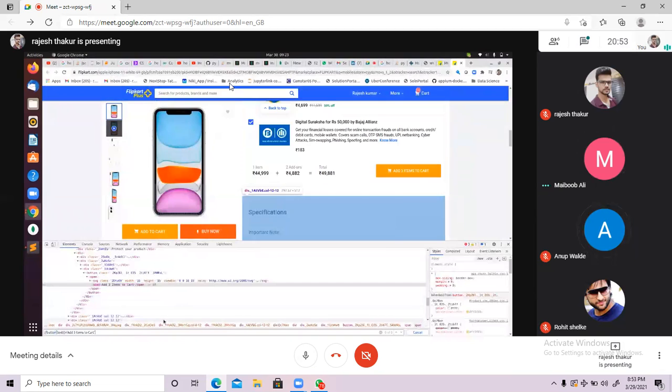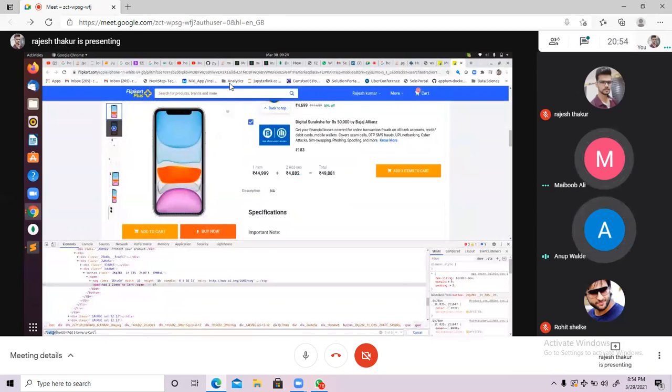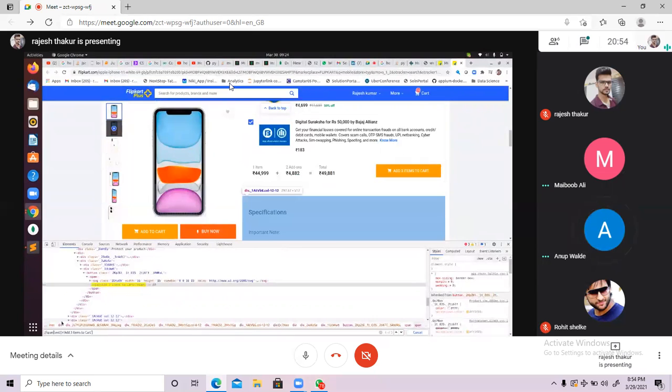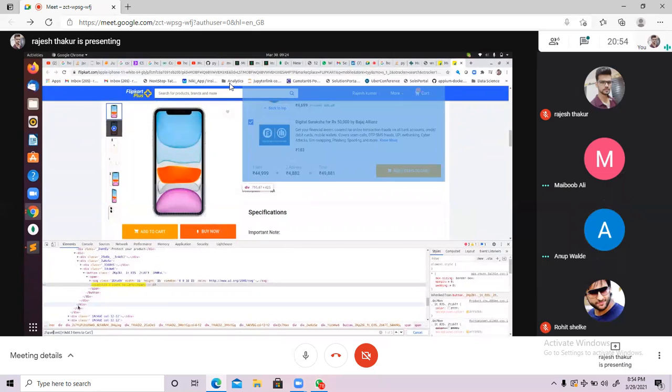We are not able to identify. What is the mistake? This is SPAN. Yes, SPAN is the HTML tag. Why? Because see, can you see this? This is also coming with the angular braces.